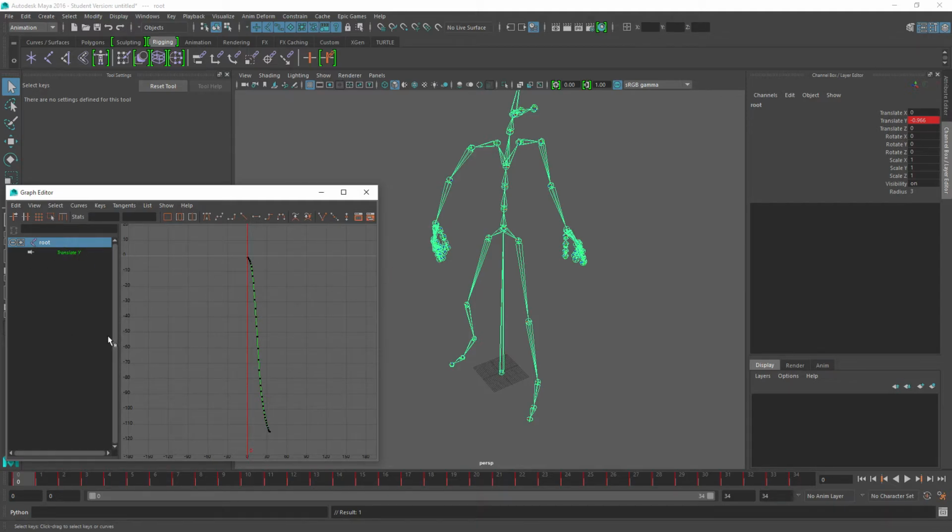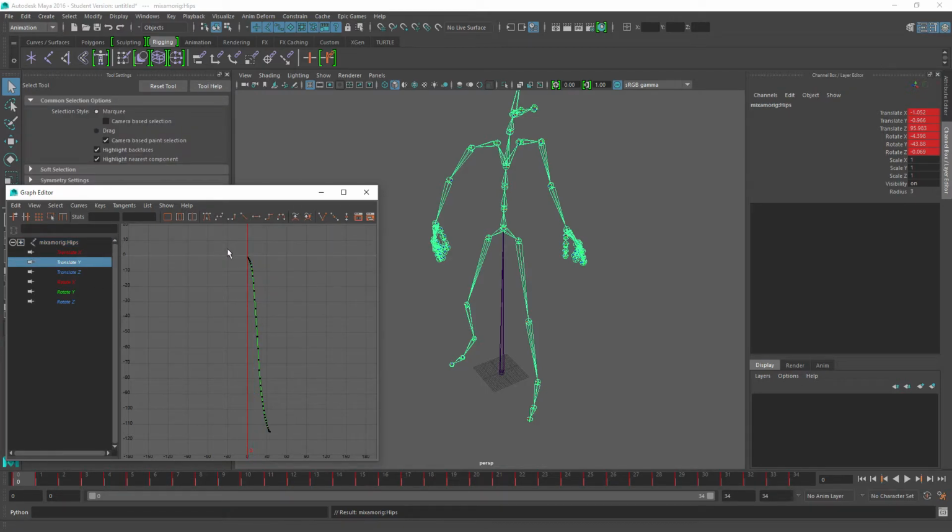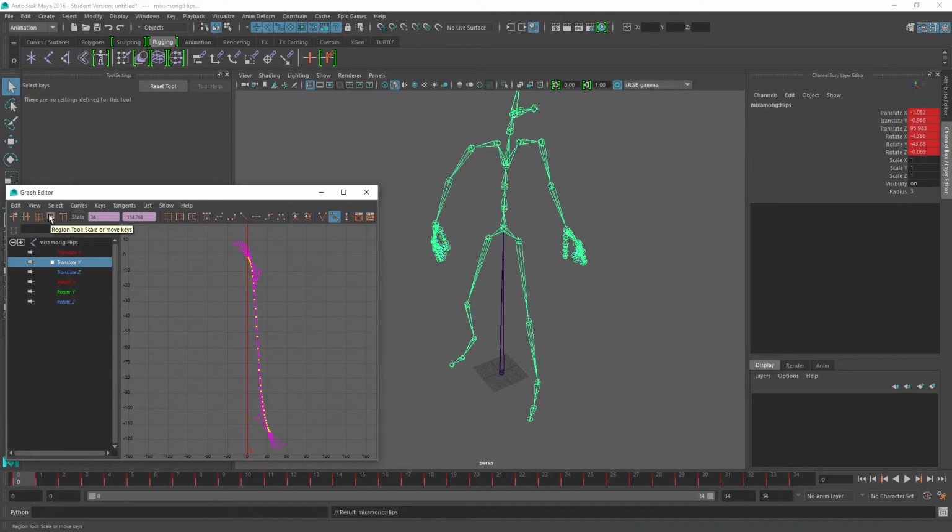And since I don't want my hip to be moving, but I want the root to be the joint that will be moving, I will go back to the hip here and pick my Translate Y, which I just copied, and select all of this again. And I'm going to click this one called Region Tool, Scale, or Move keys. And I'm going to just squash this together, so it's kind of